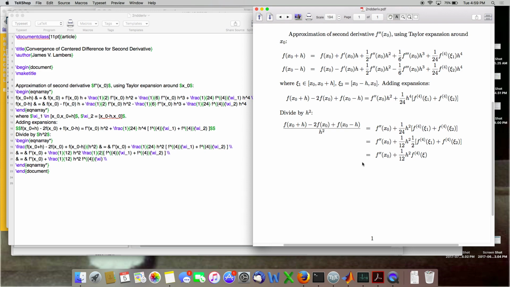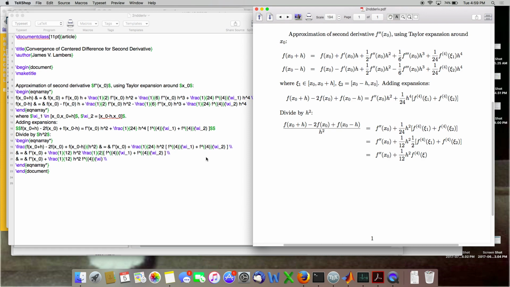Okay, and the reason I'm allowed to do that is if we assume that the fourth derivative is continuous, and I'll fill in all these pesky assumptions in here, for which any one of my colleagues would mark off points on me, by the intermediate value theorem, this function somewhere between xc1 and xc2 is equal to the average of these values. So that continuity in the intermediate value theorem lets me condense this.